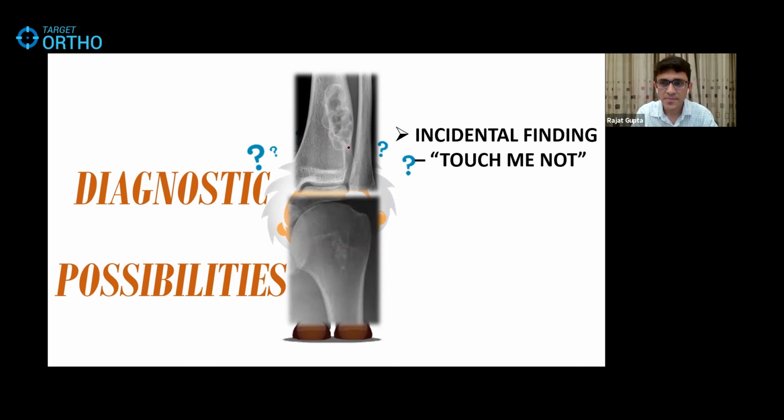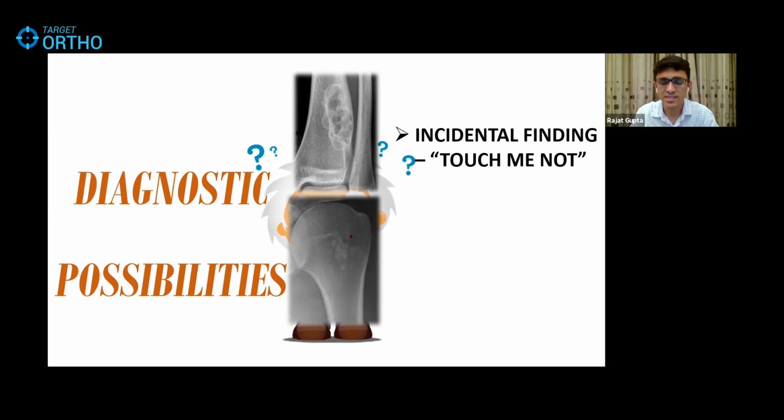Anyone? Osteofibrous dysplasia. Well, okay, osteofibrous dysplasia is a bit more aggressive than this. Yes, it is a fibrous kind of thing. It is a non-ossifying fibroma. So you are close. I'll still give it to you. So a fibrous kind of cortical lesion in a skeletally immature patient with a well-defined crenulated margin is the typical X-ray of a non-ossifying fibroma. OFD has a more aggressive kind of picture.